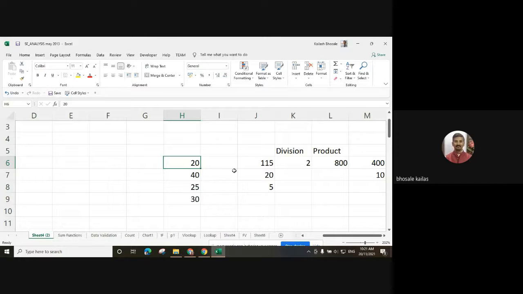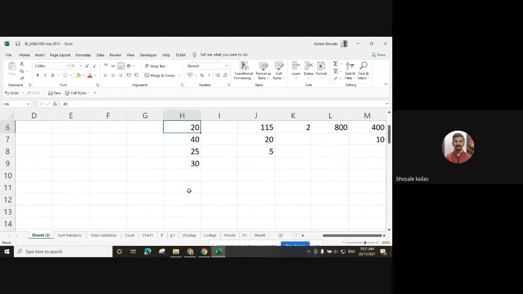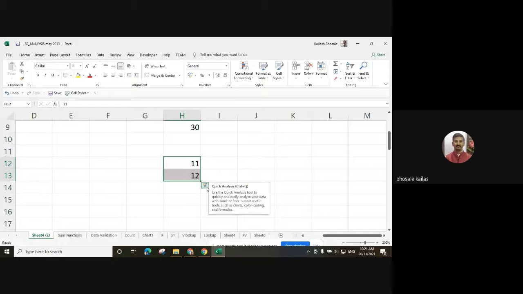Suppose I want to use this cut, copy, paste. There are some numbers here. Suppose I want to create data of 11, 12 and then up to 20. Either I can use the fill command.